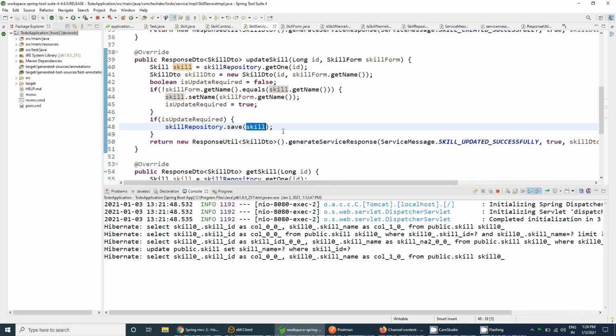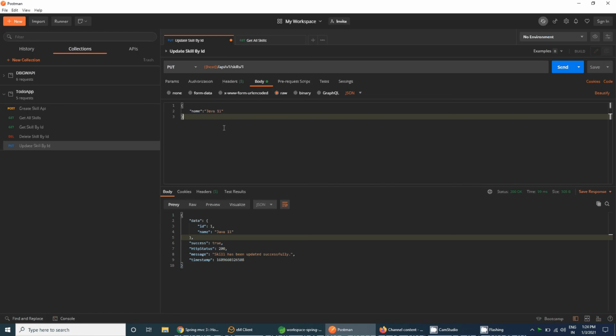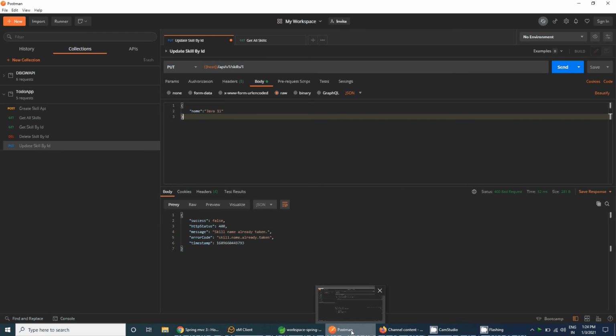So why should we hit the database again? Let's check that. Suppose we hit the API, it will give you the skill name already taken, meaning the ID and skill name are already taken.